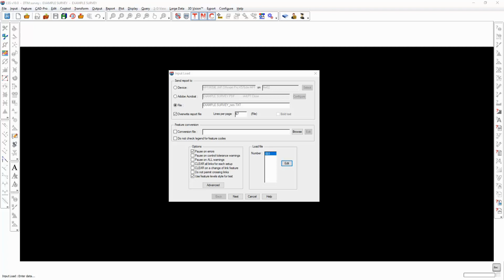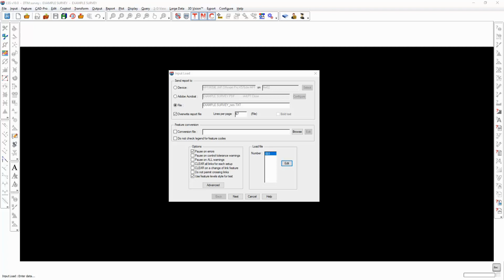That's anything from the Leica 1200 through Viva, Nova, and onto the Captivate controllers, and also the Trimble survey instruments and controllers. Old formats such as GSI from Leica or the GDM, old geodometer format from Trimble, don't require extra software, but